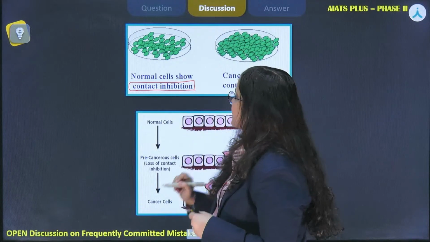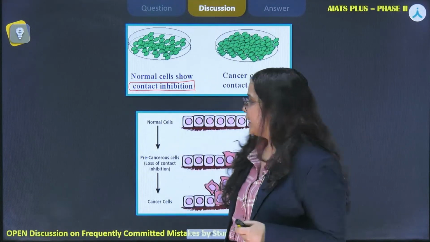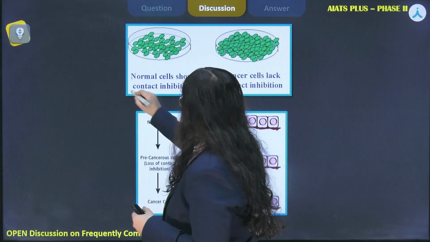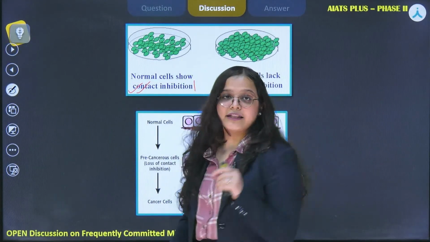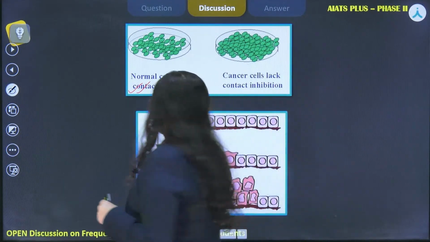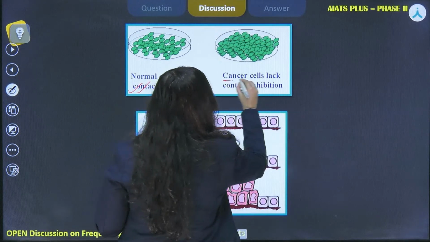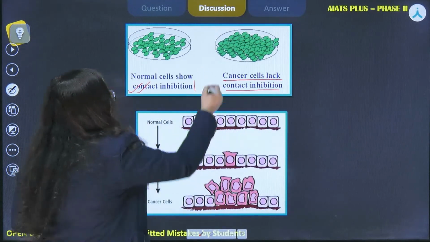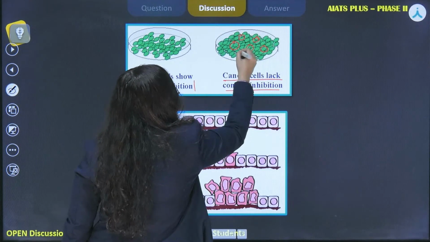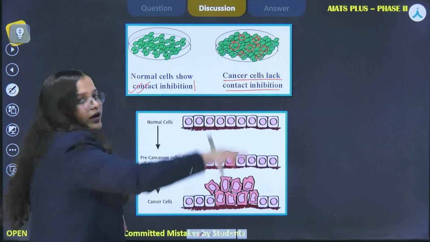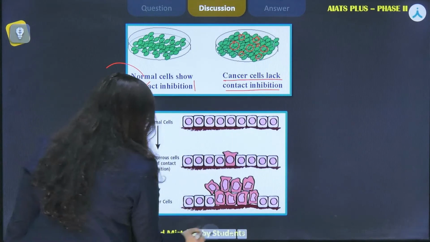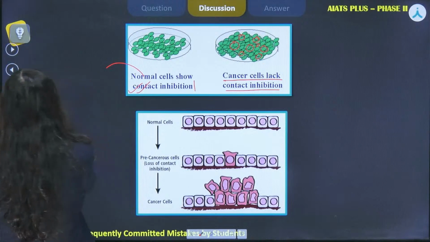So normal cells are said to exhibit contact inhibition. When they are dividing, they will stop dividing if they come close to each other. Whereas in a cancer cell, we can see that these cells are continuously dividing, and in fact they are overlapping each other. So we say that a normal cell forms a monolayer,